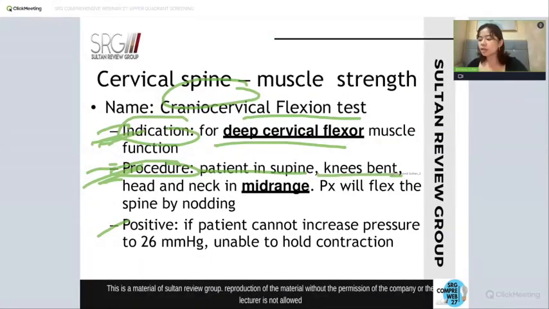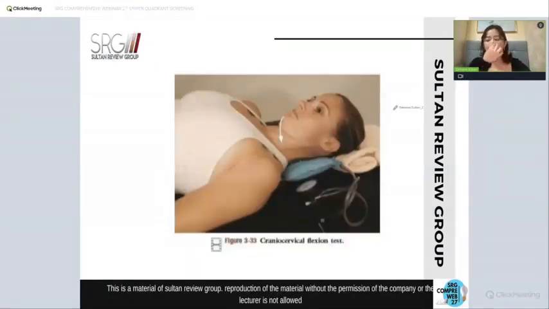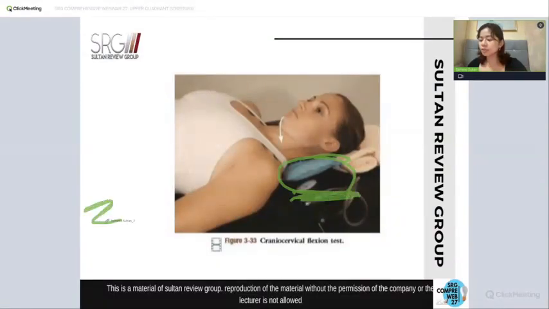Okay? The sphygmomanometer should be inflated to around 22 millimeters of mercury. So i-inflate nyo na po yan. Hindi po ilalagay nyo tsaka nyo dun i-inflate. Hindi. Ilalagay nyo siya na naka-inflate na. Okay? So around 22 millimeters of mercury. And ang gagawin po natin, kasi ang check natin is the deep cervical flexor muscle here. So in order for us to check this one, your instruction kay patient is you ask the patient to perform